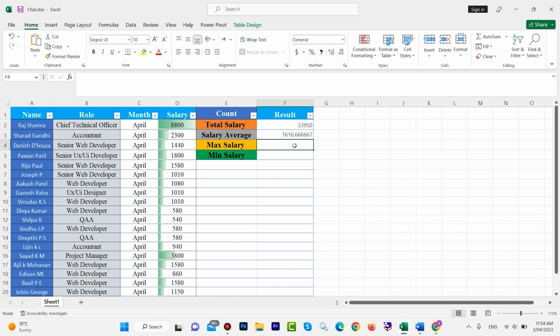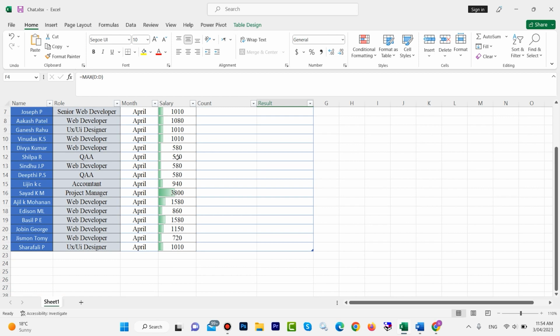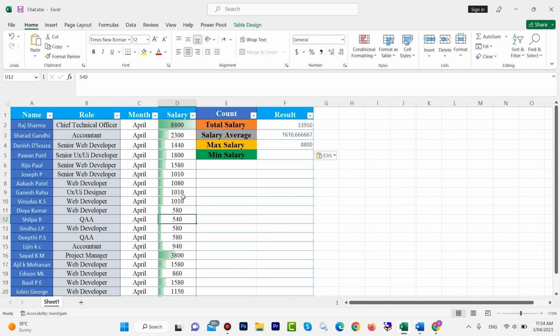Now paste here. Look, it is 8,800, for example, dollars. It is the max value. You can find it like this. What about the min? Where is the min? I think maybe this one is the min. You can find it with